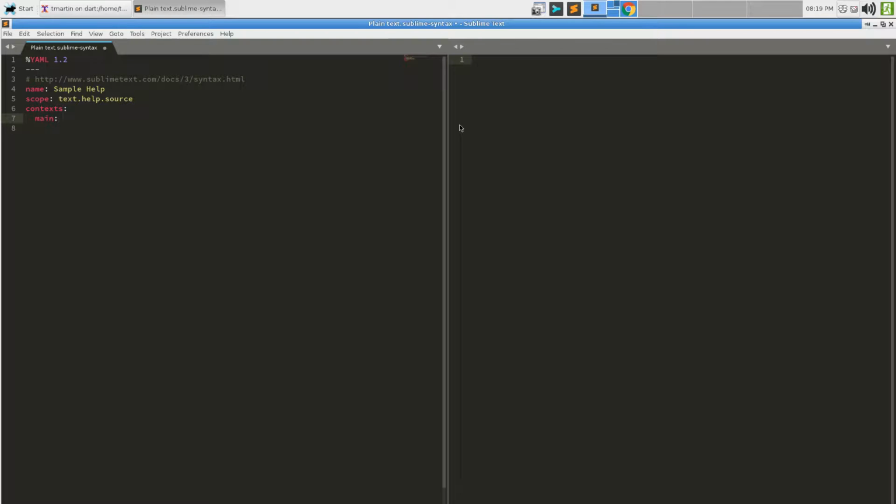Now, the main context, let's say we need a simple match rule that matches a literal asterisk followed by one or more word characters followed by another literal asterisk.